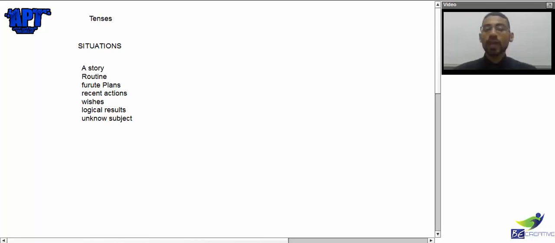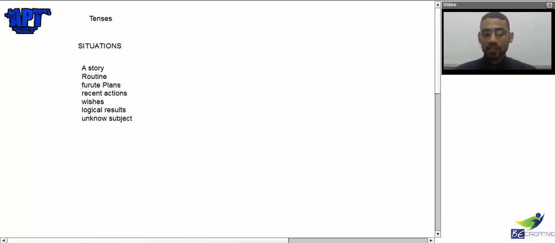Now let's go for future plans. Future plans, from the word, here we have future. So for future plans, we use the future simple with what? With going to. That's very nice, because a future plan with going to means I have a plan. I already have the thing. Future intentions I have. When I say I will go, I have the intention, I took the decision, but it's not a plan. But when I say I'm going to go, that means I already have a plan.